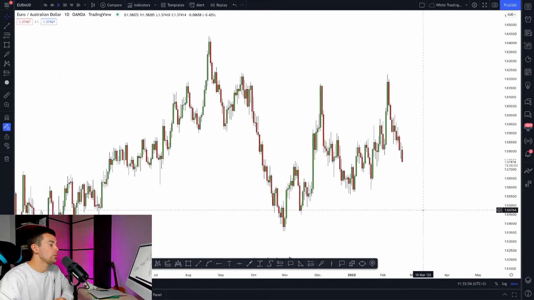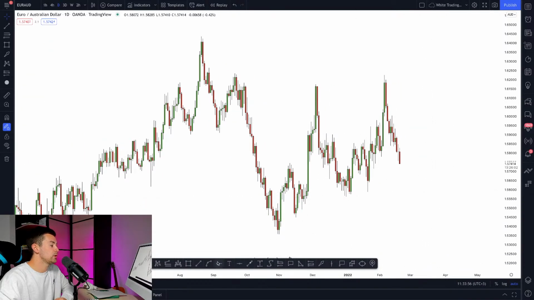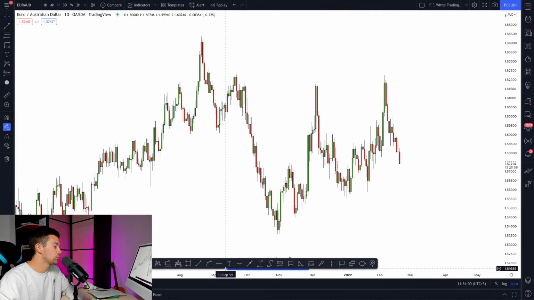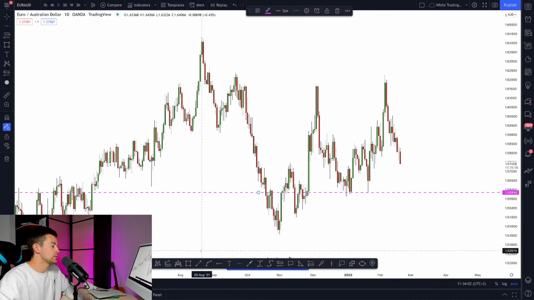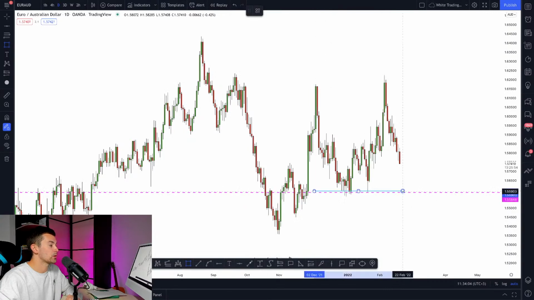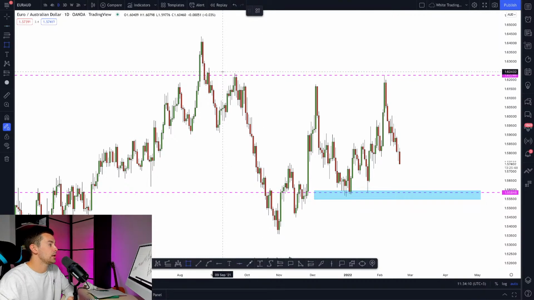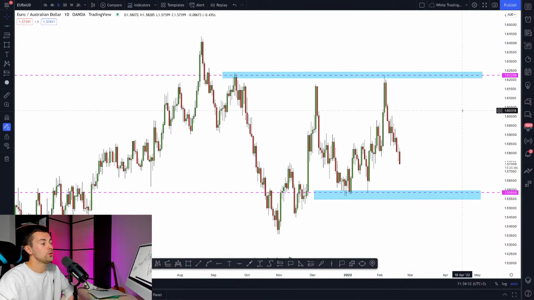But again, the problem with pound Aussie is that the closest key level from where we can look for buying opportunities is right here. Yes, you can see that our closest key level is quite far. Yes, this is our closest resistance, and again, it is quite far. So our closest trading points are lying very, very far from current price levels. So unfortunately, again, nothing to do right here.